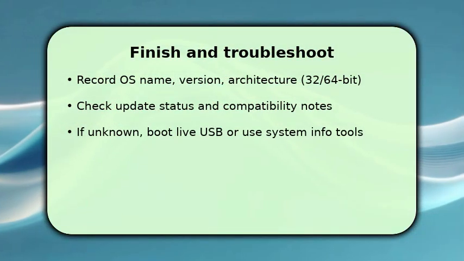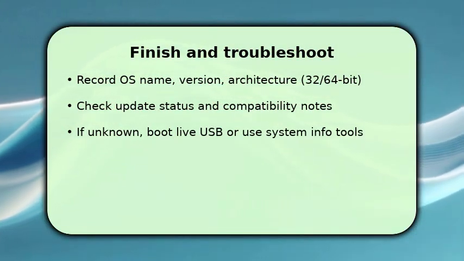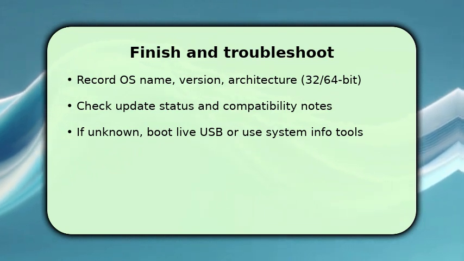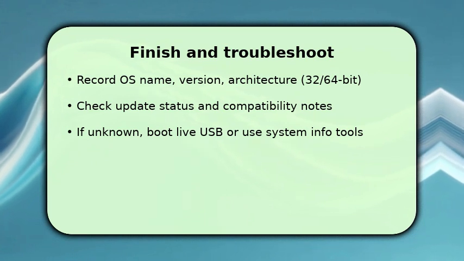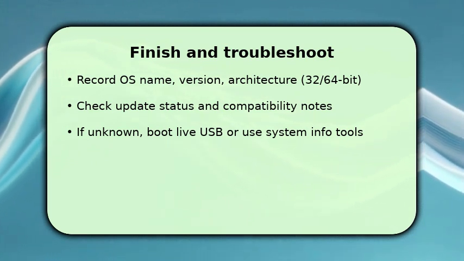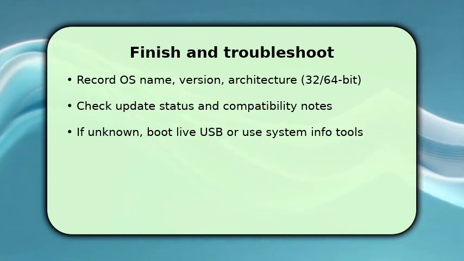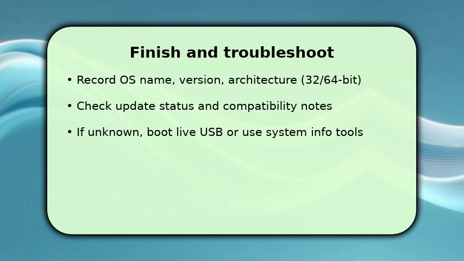Finish by recording OS name, version, edition, and architecture so you can pick correct software or drivers. Then check update status and compatibility notes in System Settings. Make sure critical updates aren't pending. If the OS still seems unknown, boot from a live USB or run Portable System Info Tools to read hardware